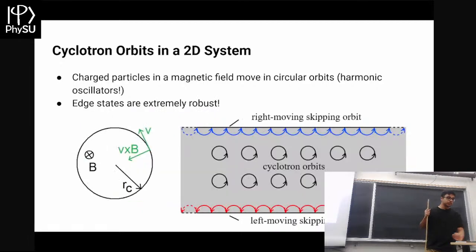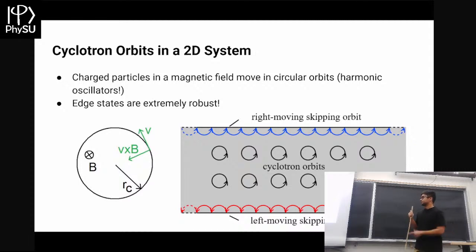So the microscopic explanation for this is through these cyclotron orbits. So thinking again about the Lorentz force law, you can imagine there's some electrons, you apply a very strong magnetic field, right? What happens is that each of these electrons will travel in loops. So you can just see that here. Using the right hand rule, you have v in this direction, B is pointing into the page, so you get a force radially inwards. If you repeat that at every point along the circle, you'll just get a circular orbit. And so this is going to remind you of harmonic oscillators in 2 dimensions.